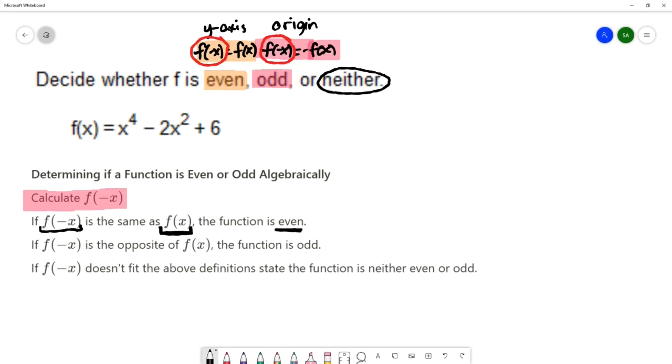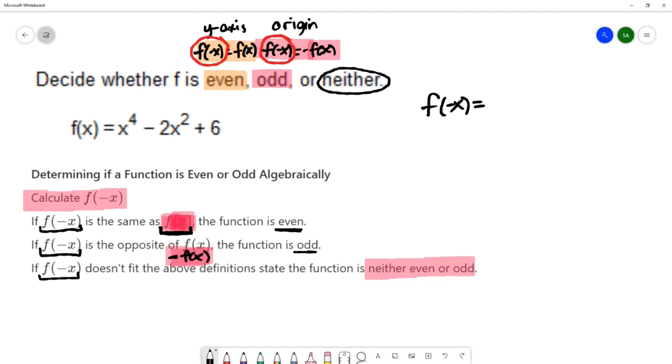And if our calculation of f of negative x comes out to be the opposite of f of x, or negative f of x, that means it's following the definition of being odd, and we can say that it's an odd function. However, if when we do the calculation it doesn't fit into either of those categories, if it's not f of x or negative f of x, then we are going to put it into the category of neither even or odd. So we're going to calculate f of negative x,